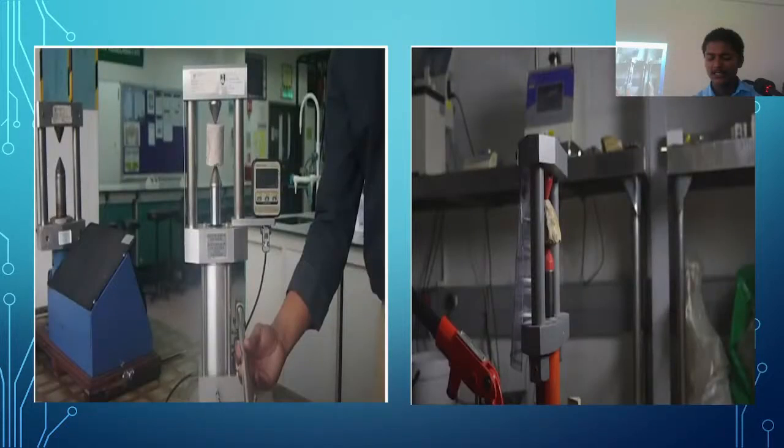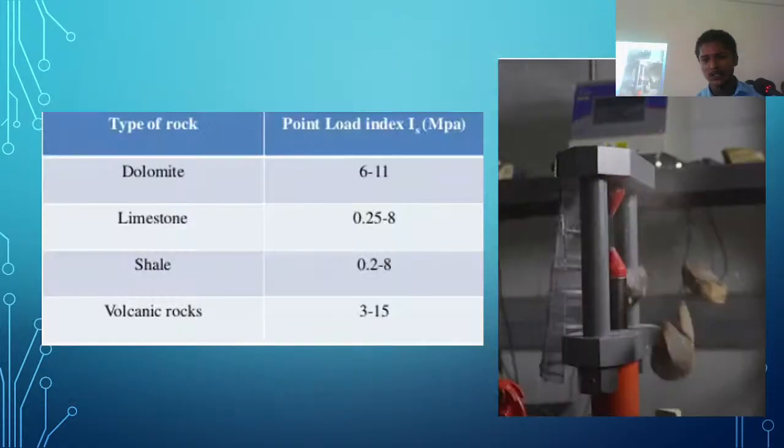This is an example of a point load test which is being taken in a lab. We are putting a cylindrical rock specimen under the loading machine. We are applying load on the rock sample uniaxially, and when we apply load, there comes a time when the rock gets fractured. As you can see in this slide,